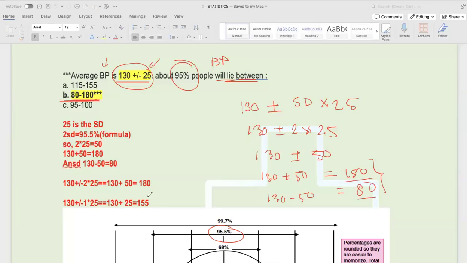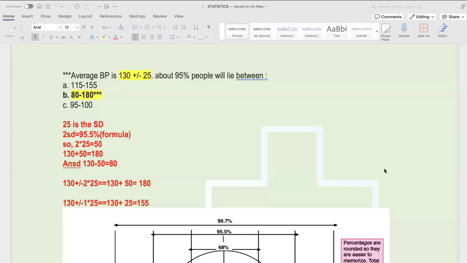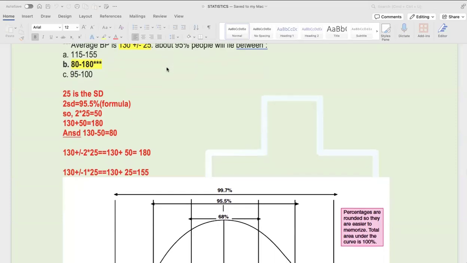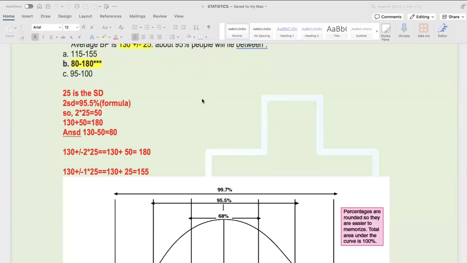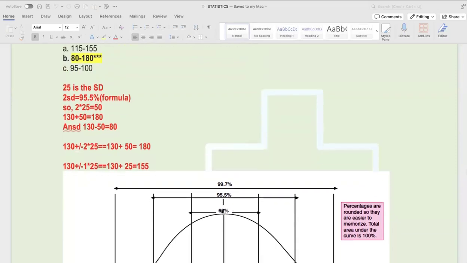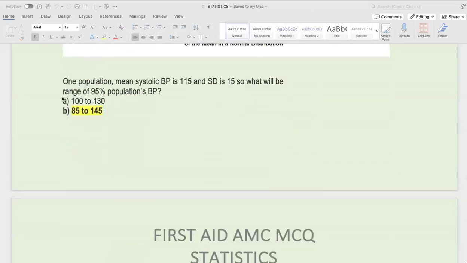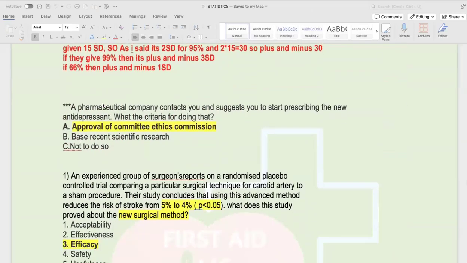Okay. It's easy, right? Any question with a standard deviation? They can give a lot of questions from this standard deviation. All you need to know is this math. And as long as you know it, it's not very difficult. If they would say about 60% people would fall in what? If they would say anything below 68, then you would multiply by 1. So it depends on the standard deviation. Same question in here, so you can do that.